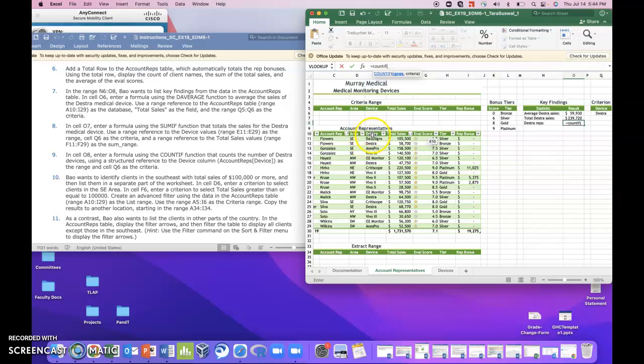Let's see, let me make it do it. This one's always a little tricky because you have to make sure that it actually gets it in the table that you want. You don't want just that cell. So we need to put in there